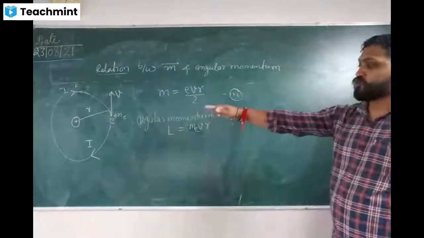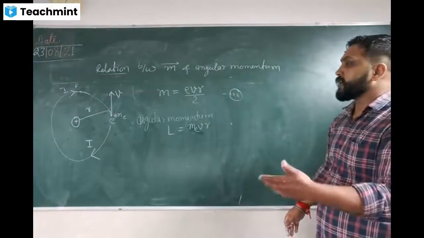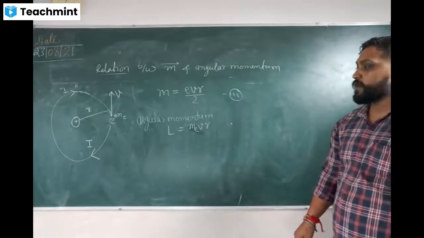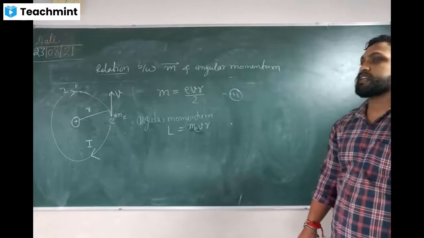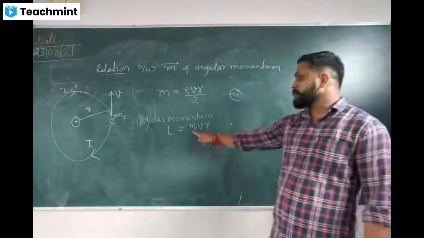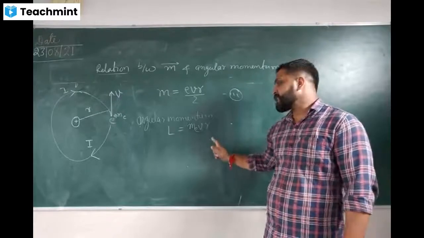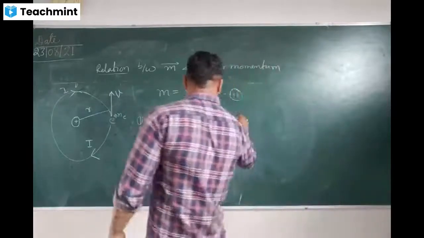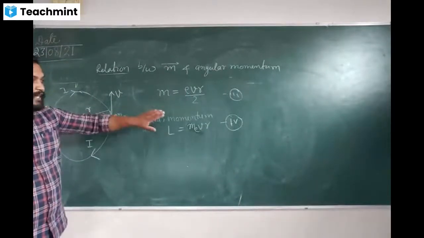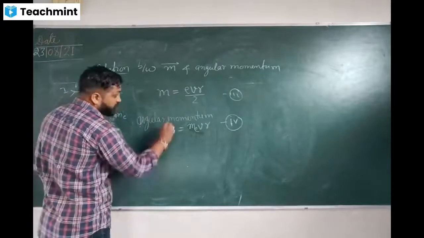You know that the charge e is revolving around a circular path of radius r and its velocity is v. So the angular momentum of this charge that is revolving in a circular path is given by m_e vr. Here m_e is the mass of the electron, v is the velocity of the electron, and r is the radius. Now suppose this is equation 4. So I am just dividing M by L, dividing equation 4 by the third. So what does it become? M upon L. Put the value of L.